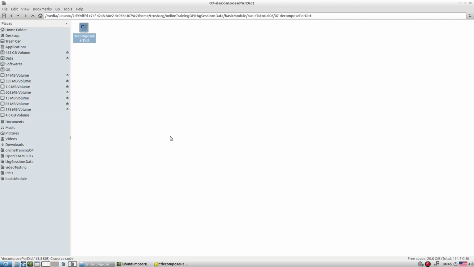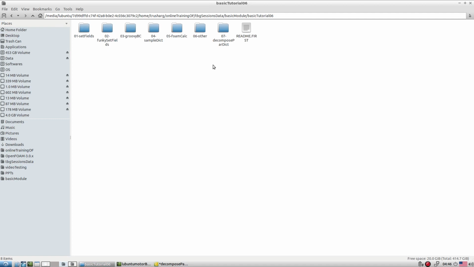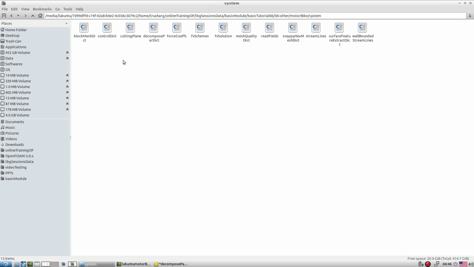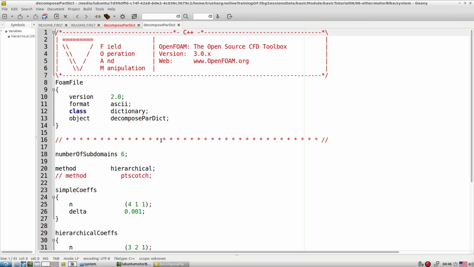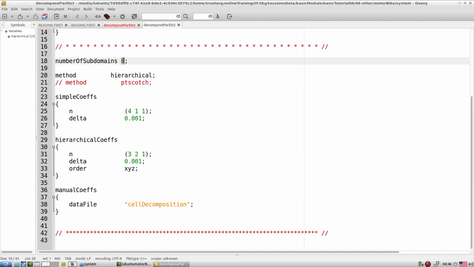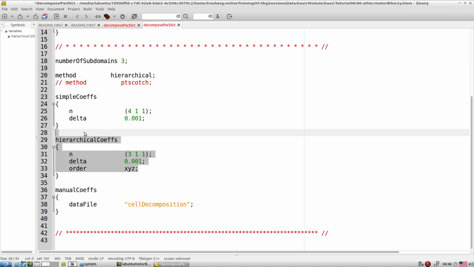So let's look at this decomposition for our previous test case where we worked with the flow over a motorbike, and here I already kept one decomposeParDict file. Let's say we try to decompose with a total of only 3 processors, and we are going to use, let's say, hierarchical. So here is the 3, so in x direction 3 1 1. So I try to modify this, and based on that let's now